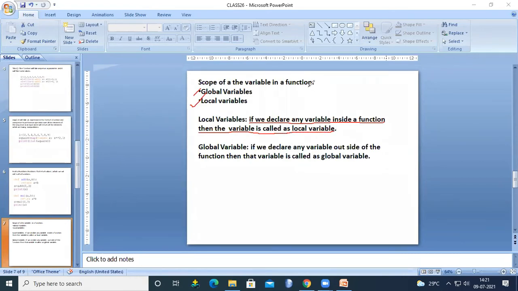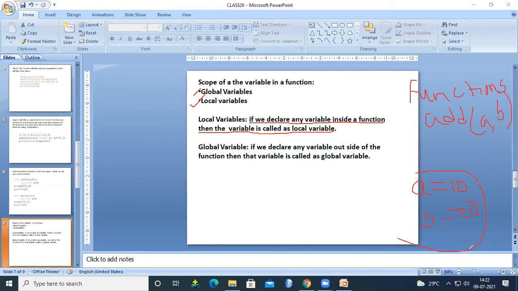We are discussing functions for the last few days. Now, in these functions, you are going to declare some variables. For example, in our previous example, add a comma b, and in main also you take some variables: a equals 10, b equals 20.